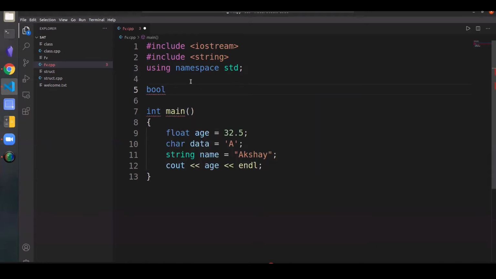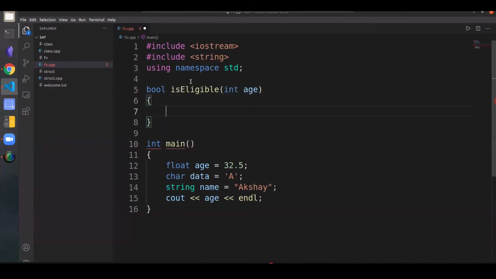So, you know what Boolean is, the Boolean data type, right? It can only return either true or false. It cannot store or return any other type of data. It can only store two things, which is either true or false. So let me use this Boolean return type function to check if I'm eligible to vote or not. This is pretty simple. I'm just going to give you an example.